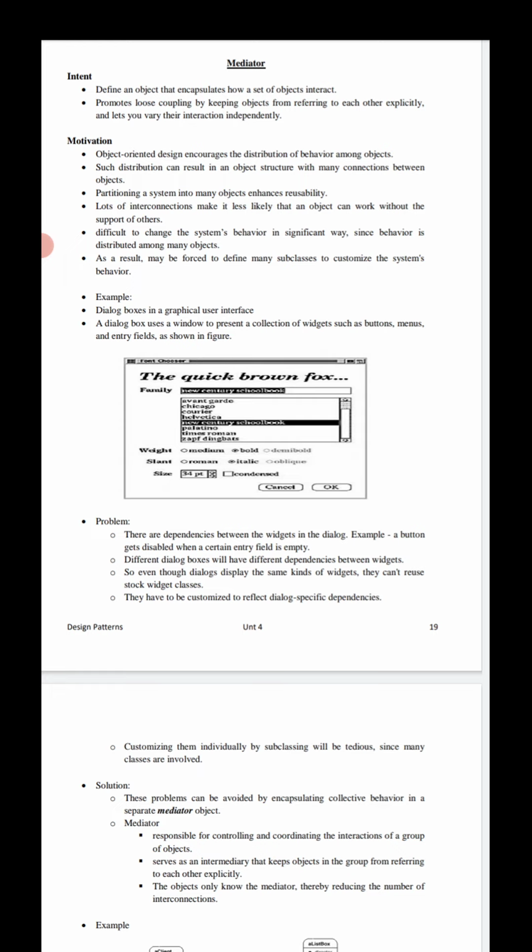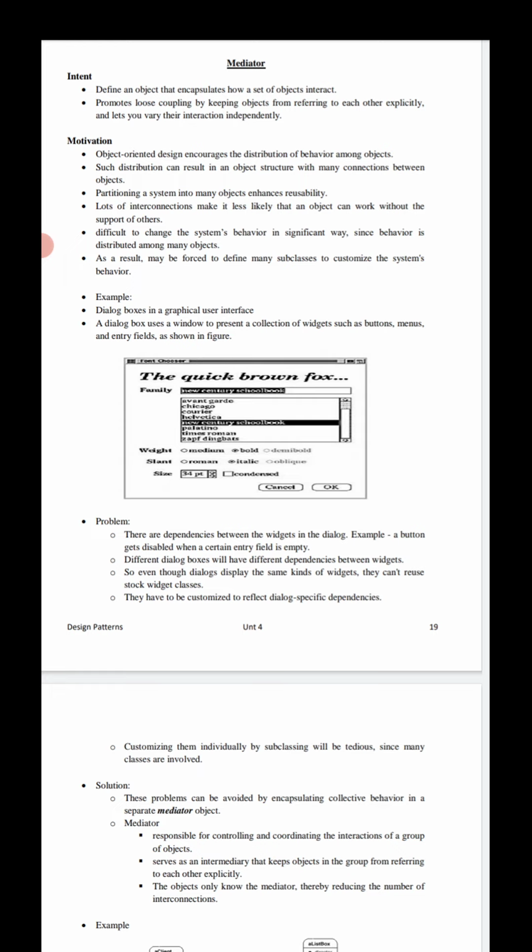Often there are many dependencies between the widgets in the dialog box. For example, a button gets disabled when a certain entry field is empty. Selecting an entry in a list of choices called a list box might change the contents of an entry field.